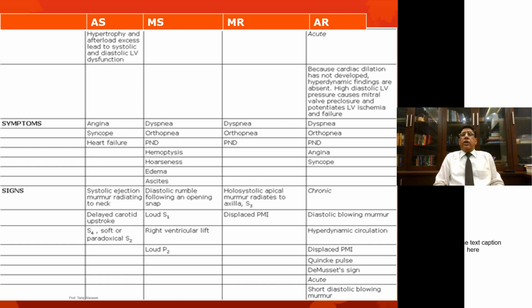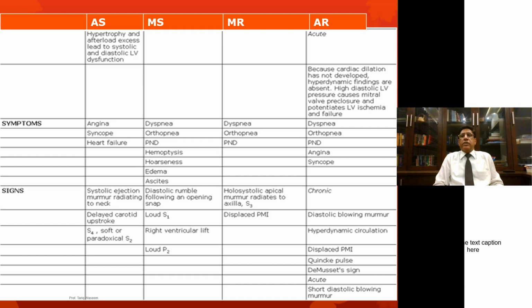Whereas in acute aortic regurgitation, there is not enough time for the cardiac dilatation to develop. All the pressure because of aortic regurgitation, which is put onto the left ventricle, and the left ventricle not being able to dilate, is transmitted back to the left atrium, and this patient suddenly or acutely goes into pulmonary edema or